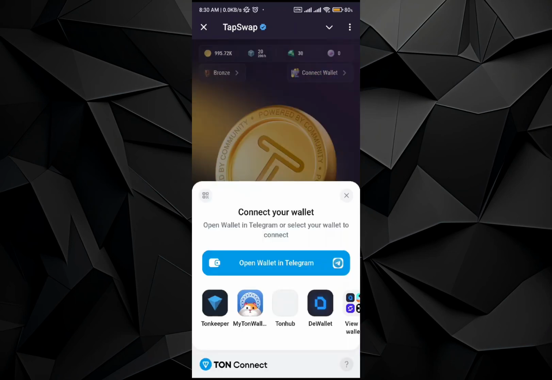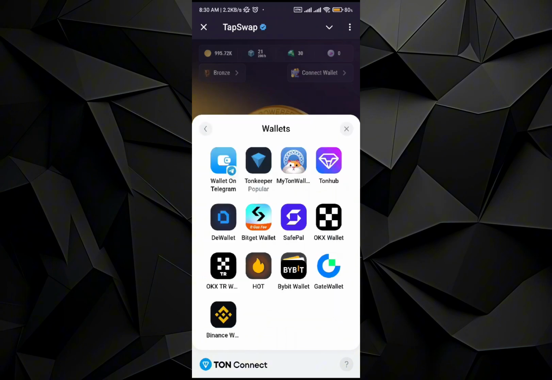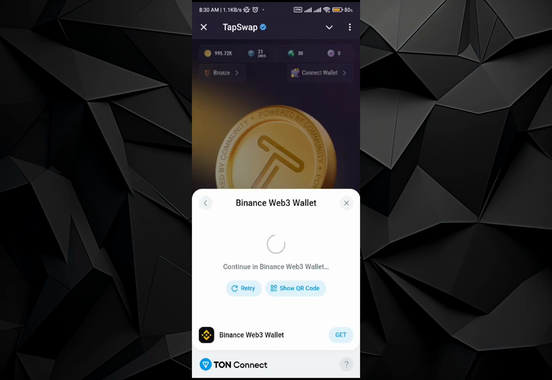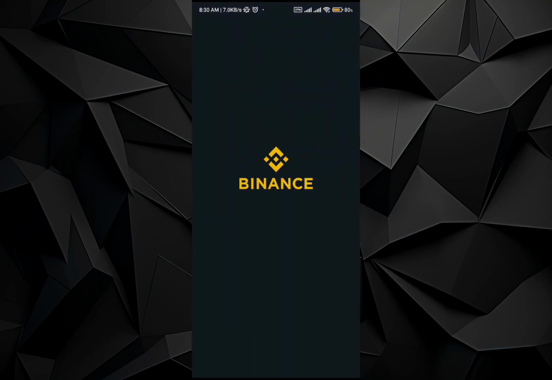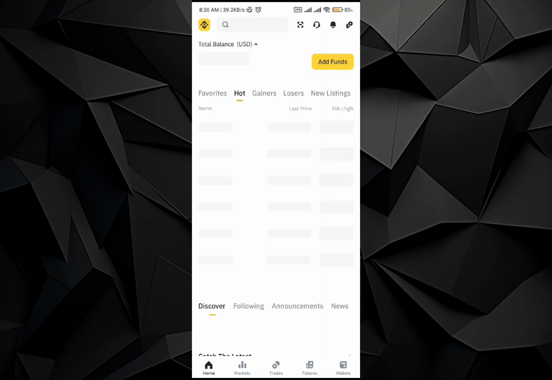Once you do it, you will see a lot of wallet options right over here. So all you have to do is go to the view all wallets option, and in the all wallets option you will see the Binance wallet option on the bottom side. Just go and tap on the Binance wallet option. What it will do is redirect you to the Binance application, and the Binance application will boot up,